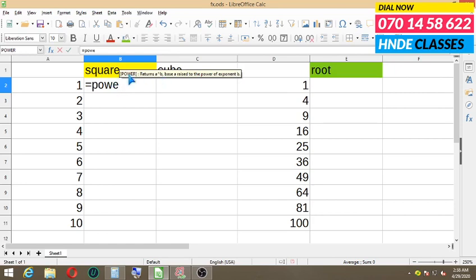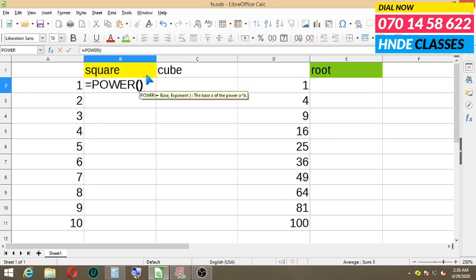Here the syntax or the model comes, and when it comes I'm going to hit enter. So all that remains for me is to fill in the blanks. Here the formula has already been automatically entered into my cell. I'm going to check the syntax or the model. Here it says power within brackets base comma exponent.